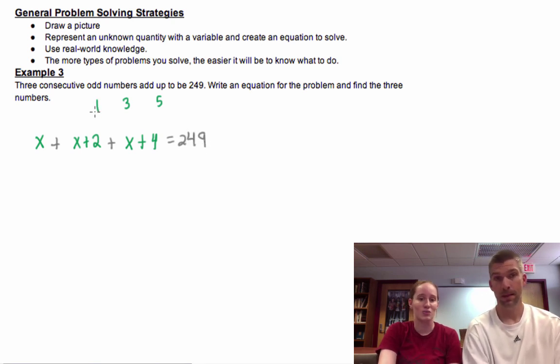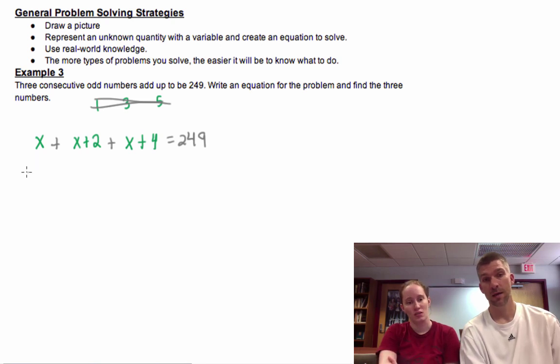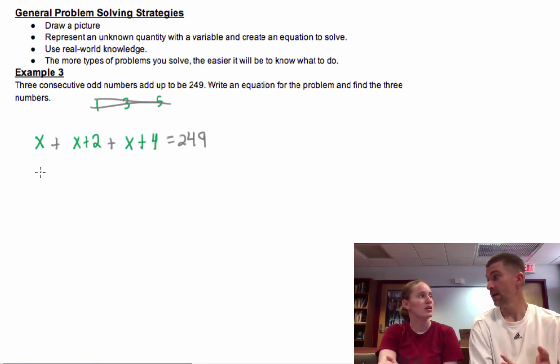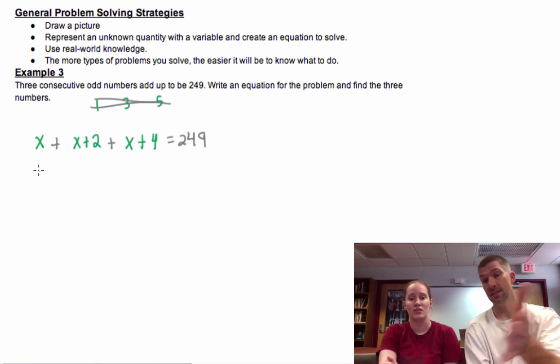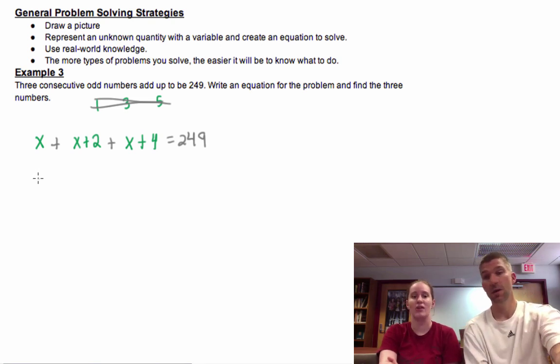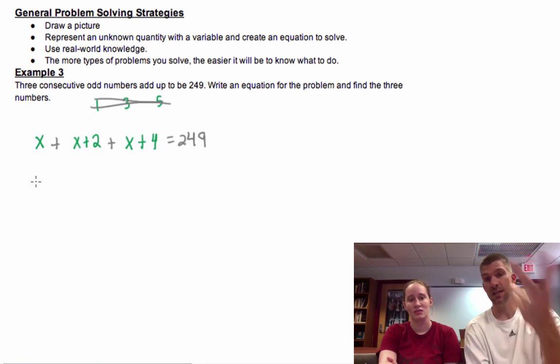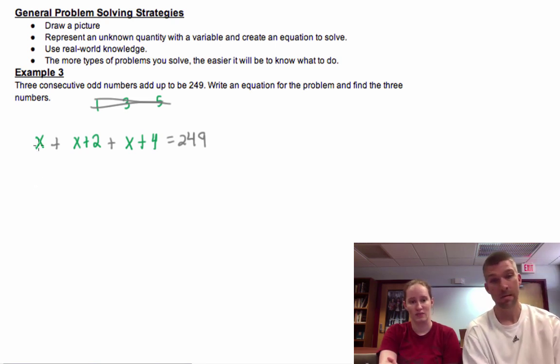Now, what we did here is we used an example like 1, 3, and 5 that we knew wouldn't work, to help us come up with what's happening between these. That's the real world knowledge part. Instinct says you want to have odd numbers all over the place here, but that's not true when you're trying to find consecutive odd numbers. They're 2 apart. You can write them out, 1, 3, and 5, you see that and you go, oh, they're 2 apart, no problem. So we have 3 x's, 3x,